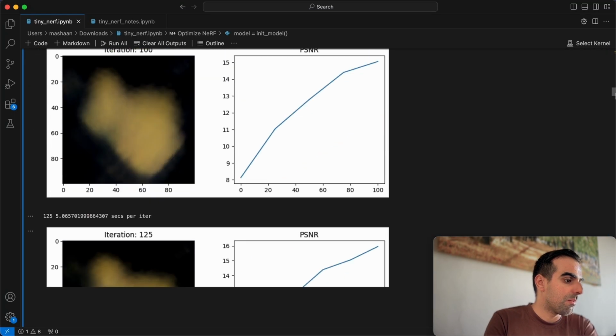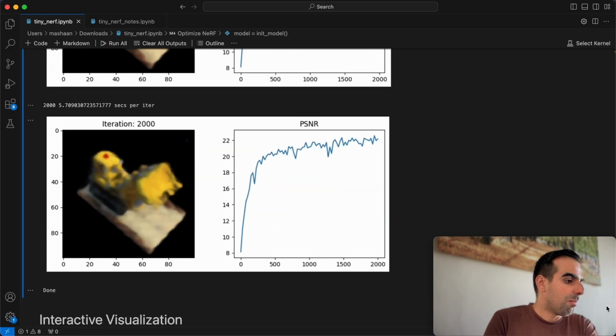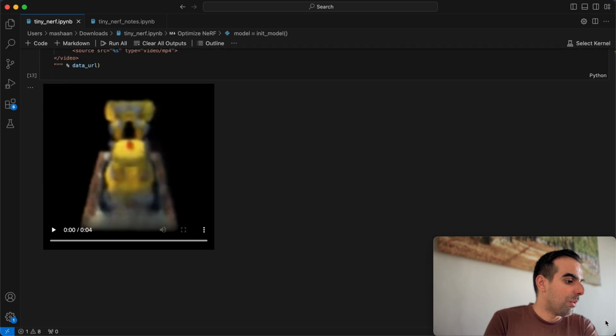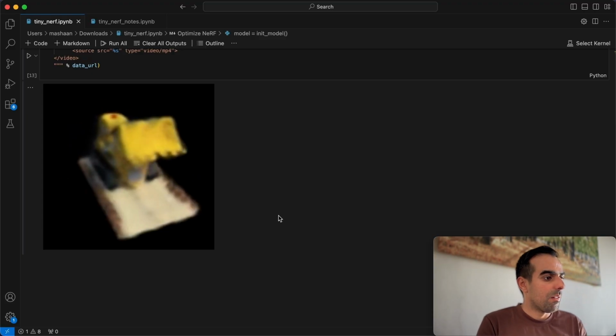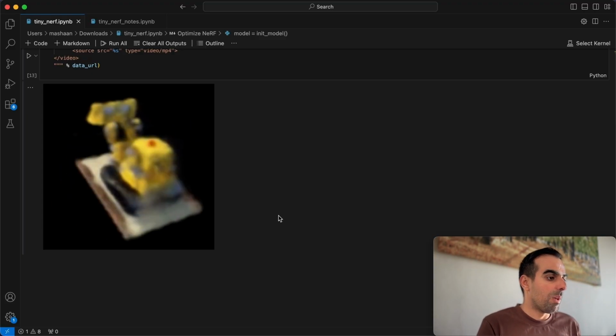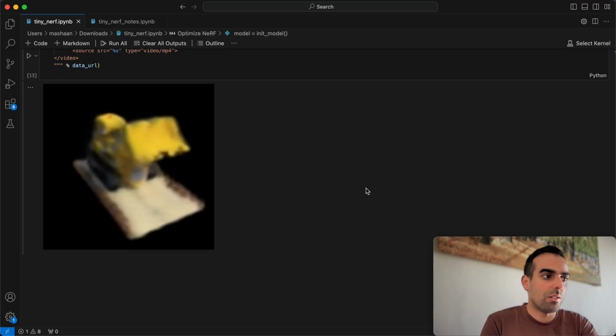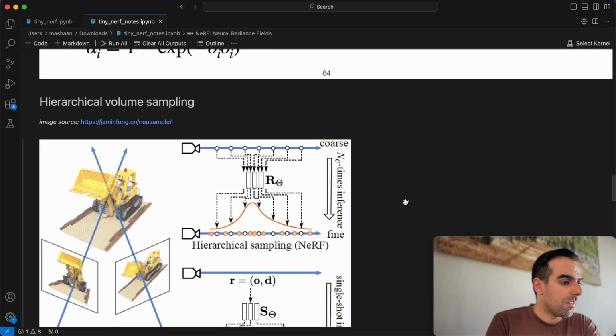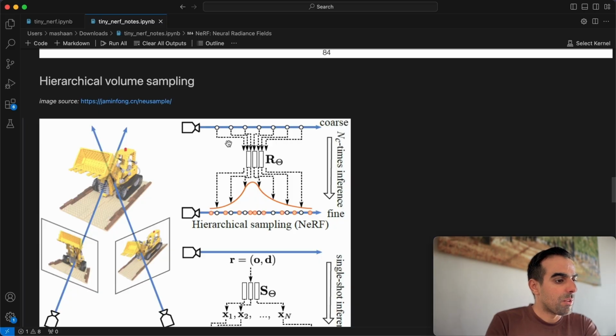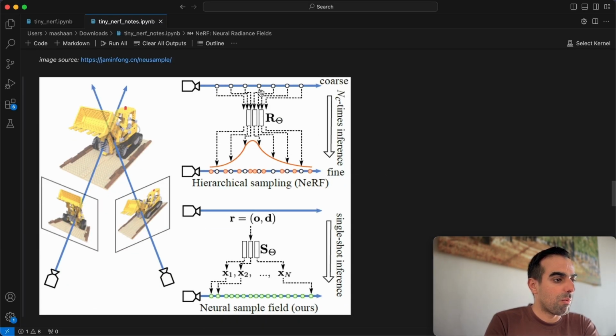Maybe that explains why I have a blurry view at the end here, because the sampling is not good. But in practice, NeRF is maintaining coarse, so it samples points using the sampling process that I just explained,